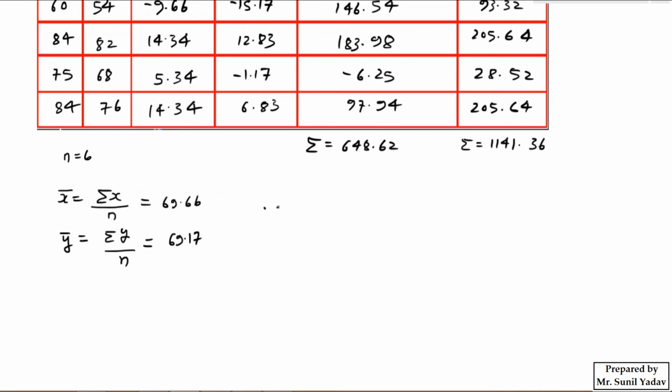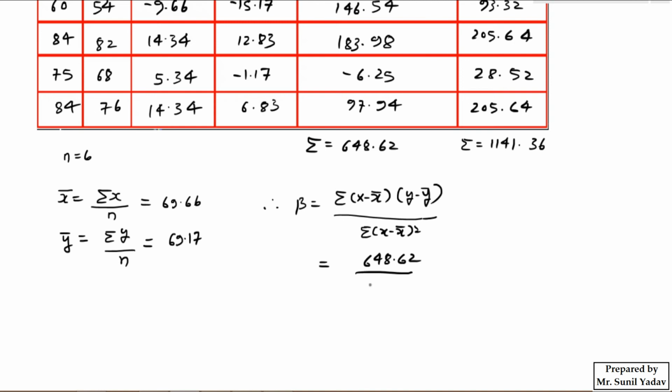So here we will calculate. Therefore since beta is nothing but summation of x minus x bar into y minus y bar divided by summation of x minus x bar square will going to come. I hope this point is very clear to you now. And if we take the summation of everything over here, in the numerator part here we'll get 648.62, and in the denominator here we have calculated 1141.36,